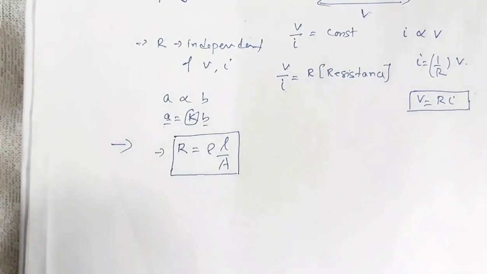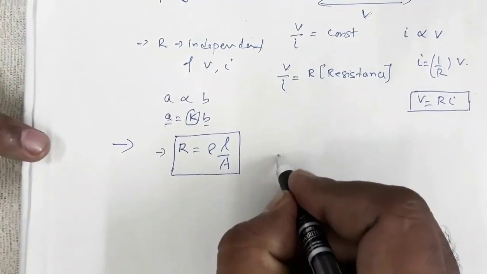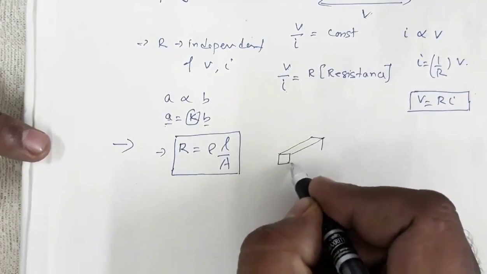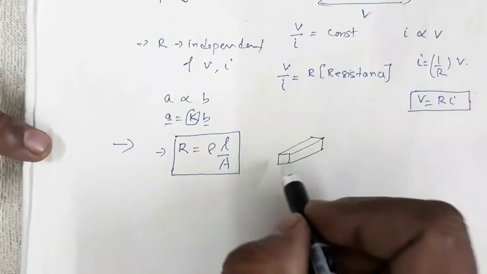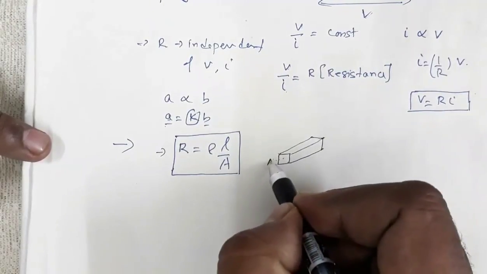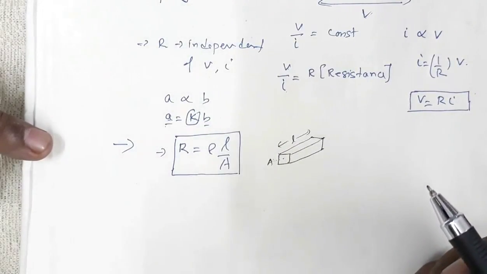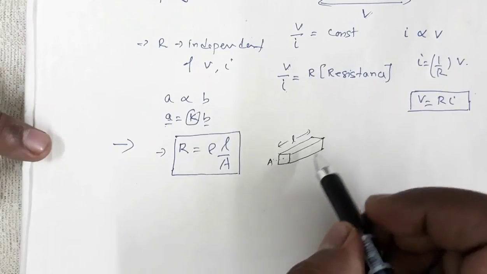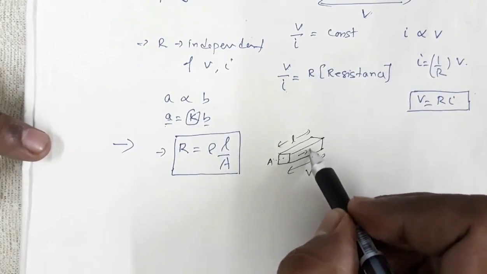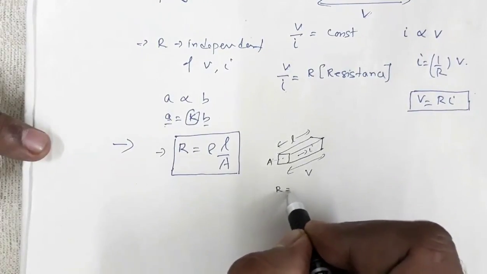Now suppose we have a conductor. So this is the conductor, okay, and this A is the cross section area. This area is A, and L is the length of the conductor, okay. Now for this conductor, if V is the applied potential such that I is the current flowing through this conductor, so in that case we can write R is equal to V by I,